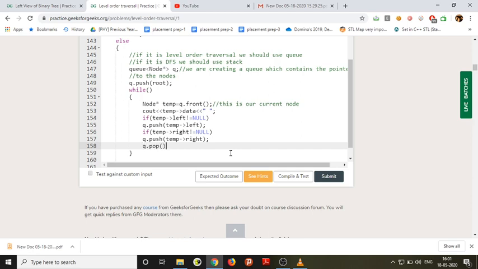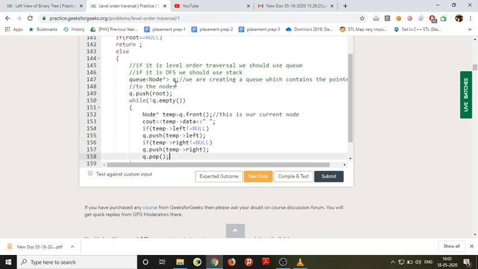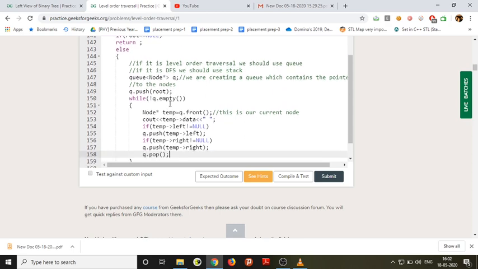Now the condition is while queue is not empty. Since we are adding elements, the queue should not be empty. When the queue becomes empty, every element has been removed, meaning we have accessed every element from the queue. So I think this is our code.